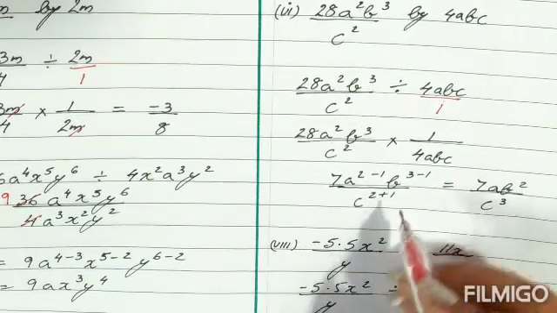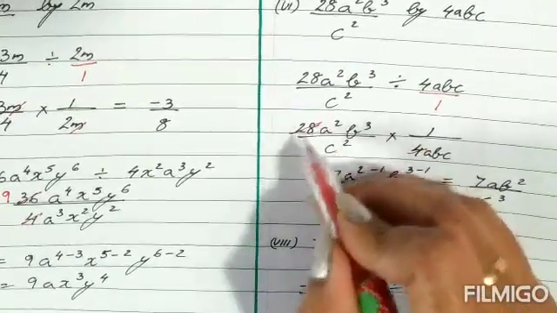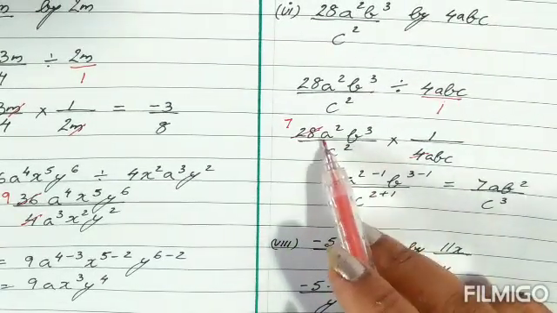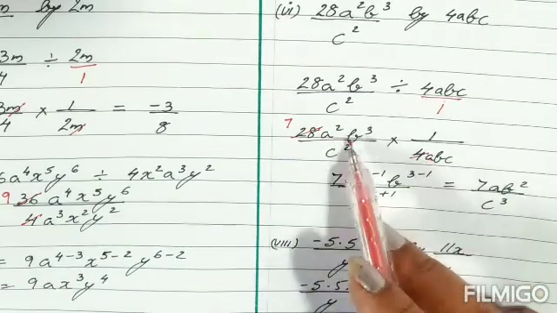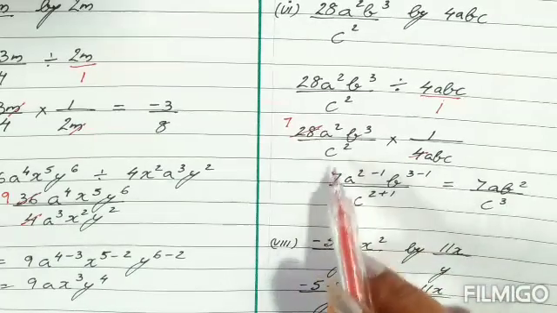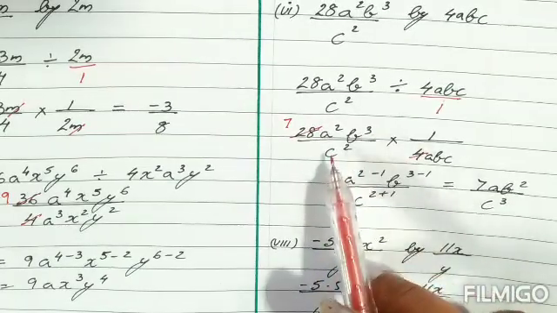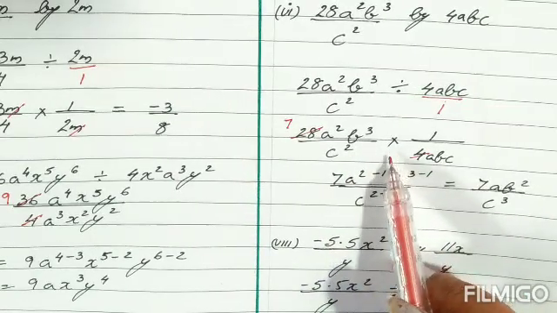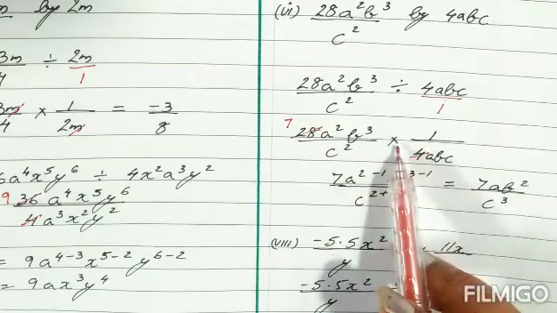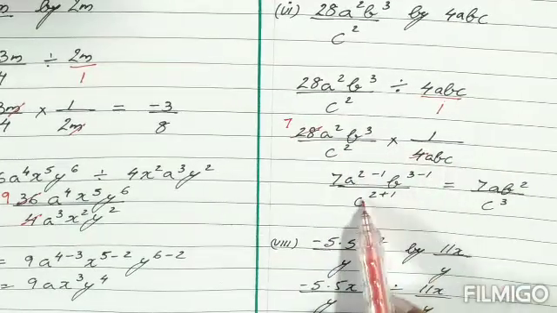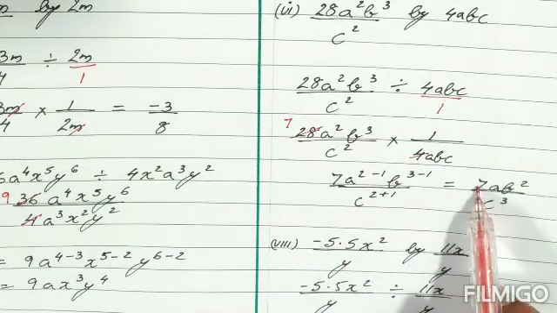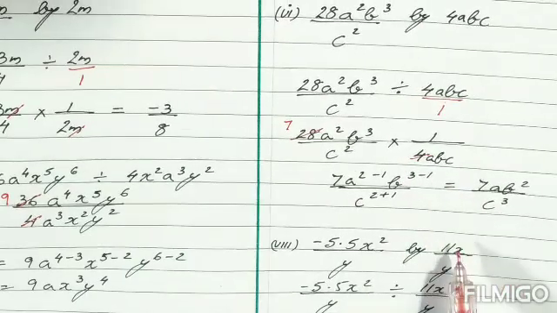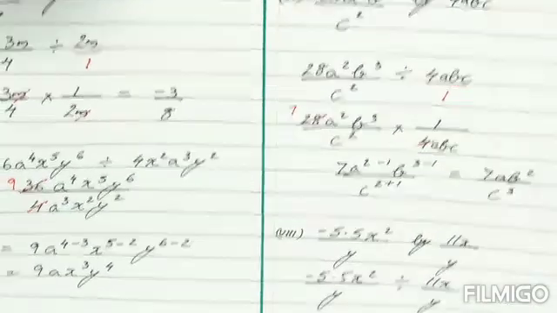Now if something can be reduced, we are going to reduce it. So let's see the numbers. 4 and 28 can be reduced how many times? 7 times. And then we will see the variable part. So a to the power 2 minus 1 from here, b to the power 3 minus 1 from here, and there is no c in the numerator, only c is there in the denominator, and that too is being multiplied. So in the last video I had told you, children, if the same bases are put into multiplication, we add the powers. So that is what I have done. And then you get the answer as 7a b square after the subtraction, and c after the addition as c cube. So that is how you do this one, right?